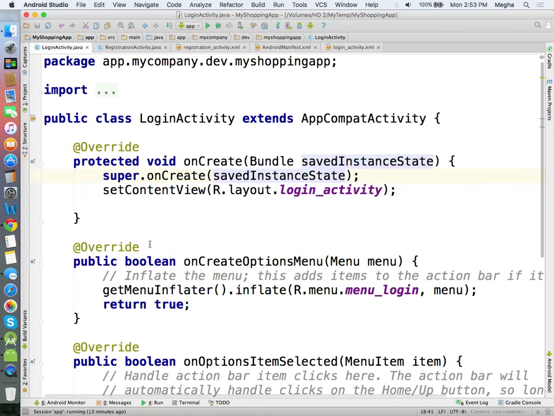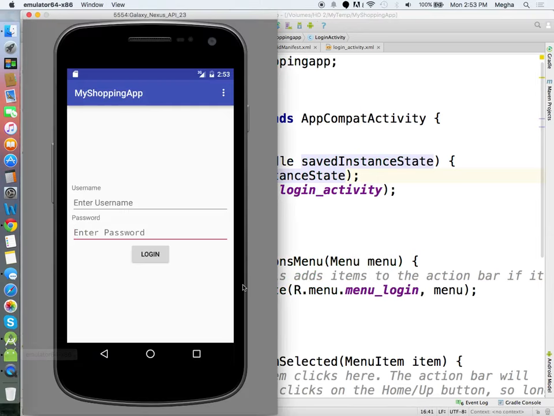Let us connect the login activity and the registration activity. Okay, login. Let us make it so that only when the user registers and creates a username and password, the login should work. Without having the registration done, we should not let the user log in. This is our requirement first. So let's see how we can do it.